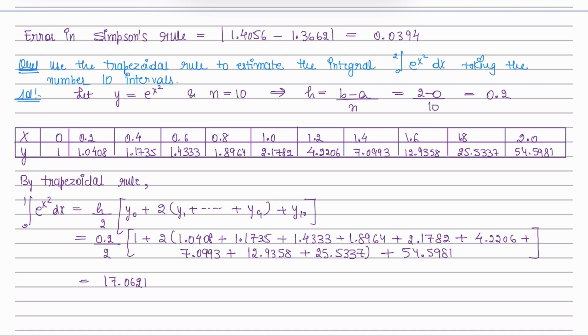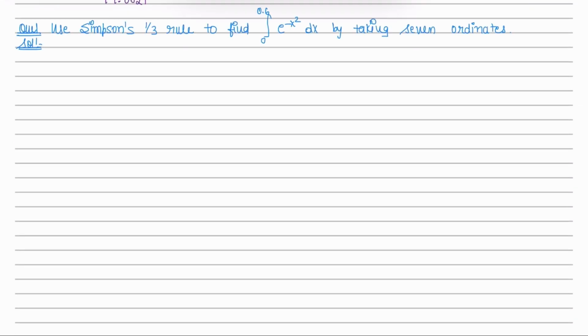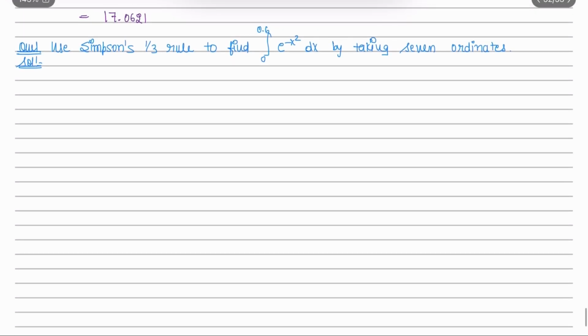Let us try a similar type of question but with the help of Simpson's 1/3 rule. In this question, we are asked to use Simpson's 1/3 rule to find the integration by taking 7 ordinates. Now in this question, we are not asked to take 7 intervals, rather we are asked to take 7 ordinates, which means we have to divide the given interval into 6 equal parts. So